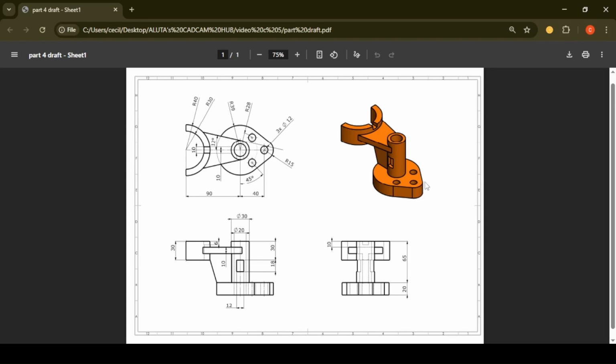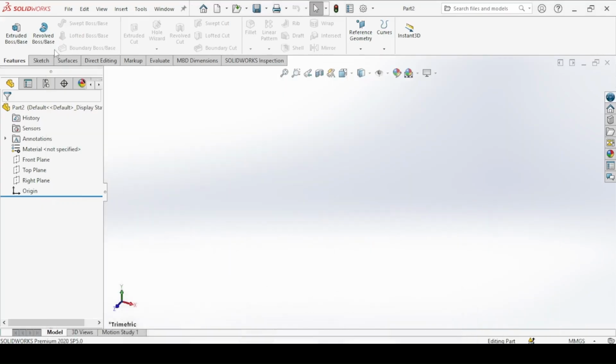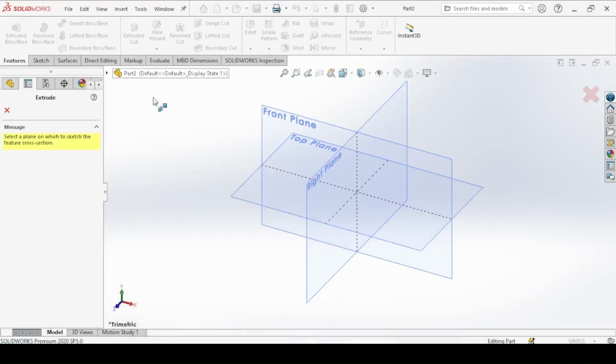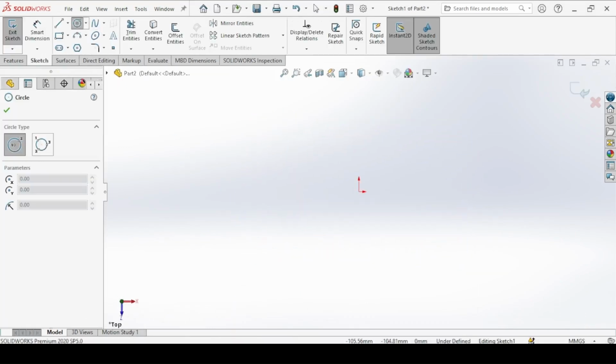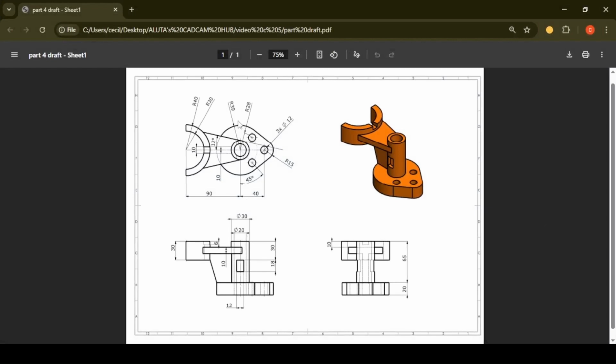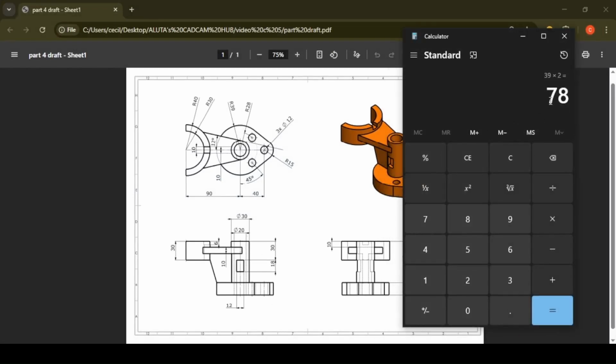So we start with the base. In a similar way, extrude because we are adding material on the top plane. So an outer circle of radius 39, so a diameter of 78, and then a smaller circle of radius 15, so a diameter of 30.